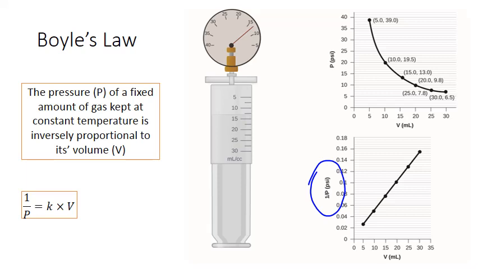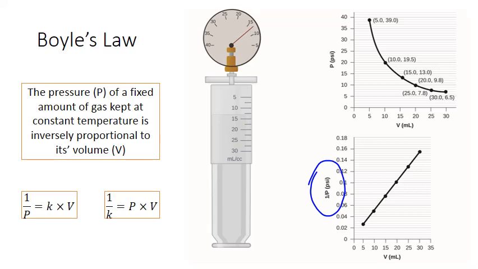And we could actually rearrange this so that pressure and volume are on the same side. In order to do this, we'd actually have to multiply both sides by pressure. It would cancel out on the left-hand side, and I would get pressure times volume on the right-hand side. I could then divide both sides by the constant K, and I would find that pressure times volume equals 1